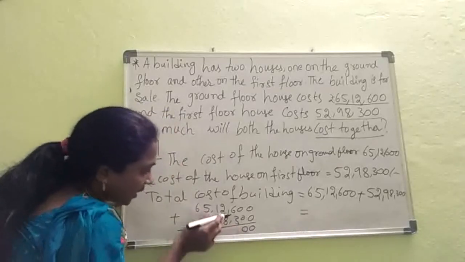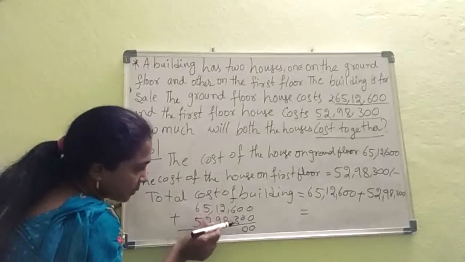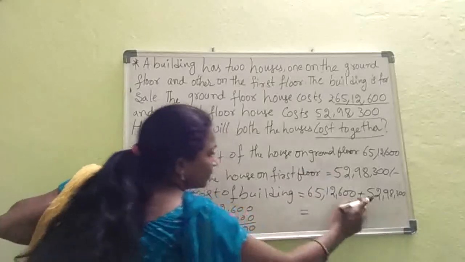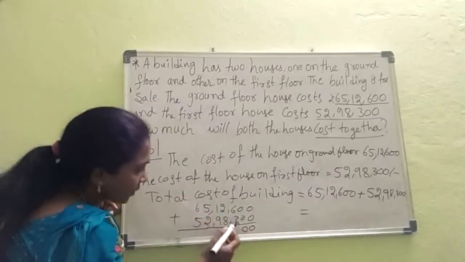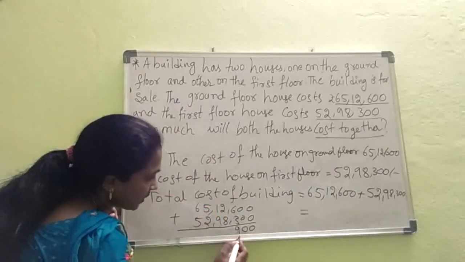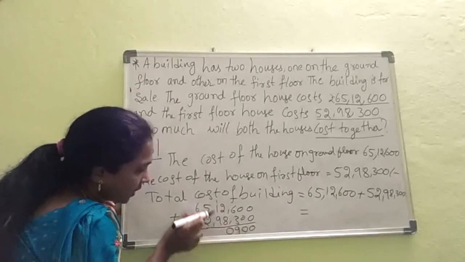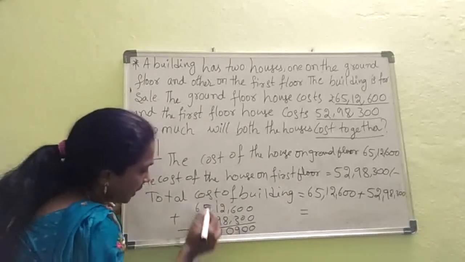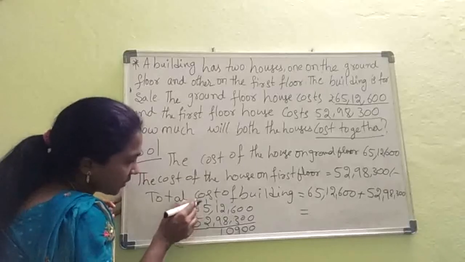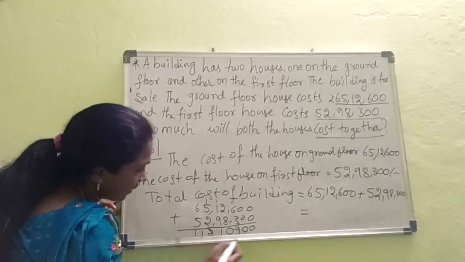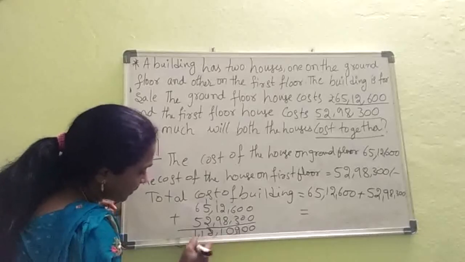We have less space here, so I'm just saying it orally. Listen, I'm adding these two numbers which you have written here. 6 plus 3, that is 9. 8 plus 2, 10: 0 here, 1 should be carried. 9 plus 1, 10, 10 plus 1, 11. 5 plus 2, 7, 7 plus 1, 8. 5 plus 6, that is 11. This is the final result.